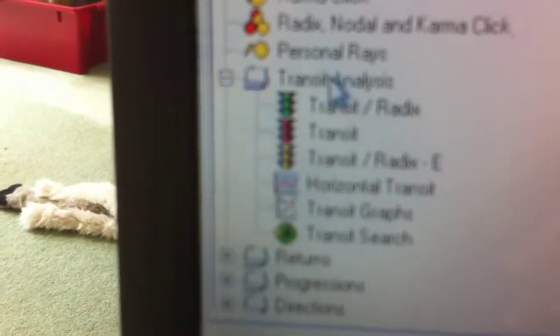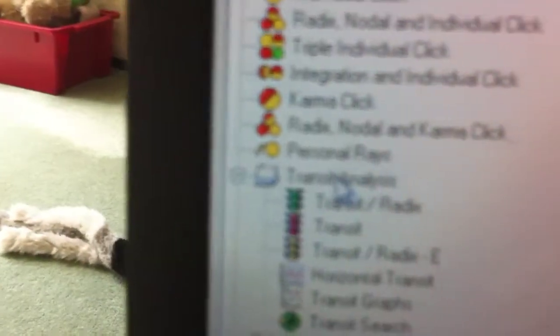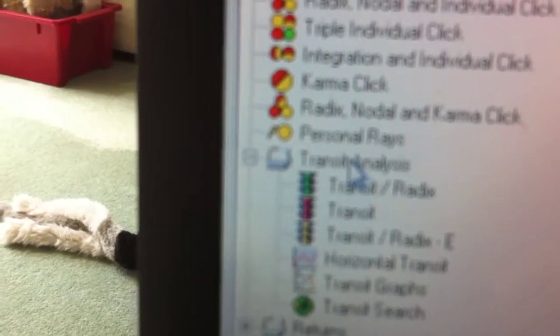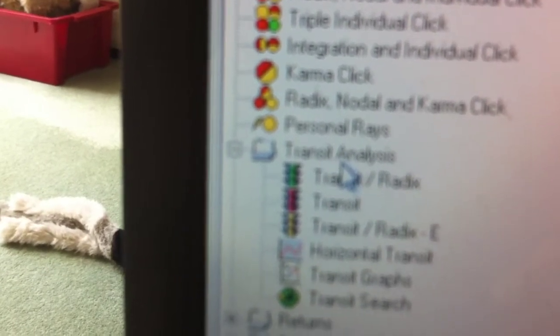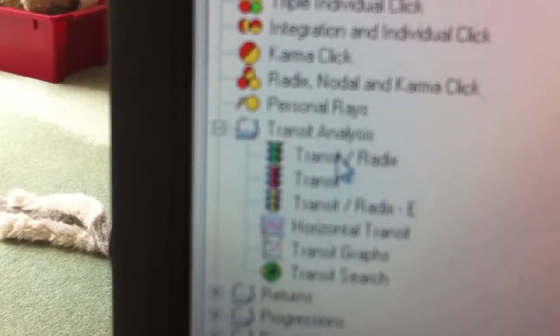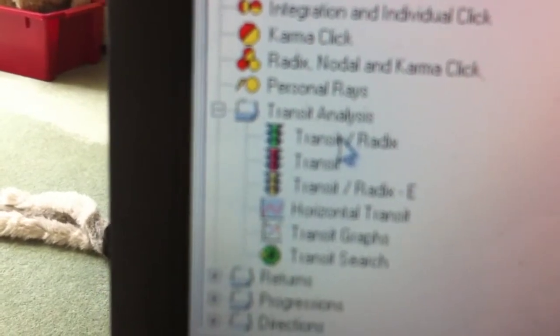Under transit analysis, it says transit radix. So I click on that and a little box pops up asking for a date to be put in here. So if you put the date that you're looking for a transit for in there and click OK,